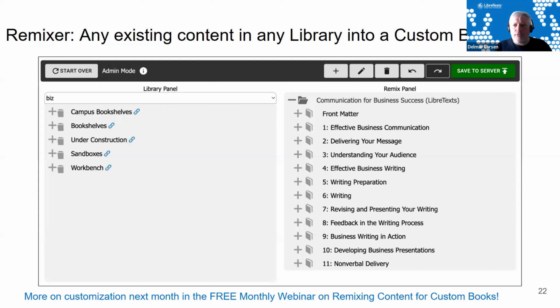The Remixer is a simplified tool that you can tap into on your Conductor page, where you're organizing your book, and you can click on it to make a simple drag and drop. You have the rest of the corpus out here, which has the 1.5 million pages. You have your book on the right-hand side, and then you just drag and drop chapters and pages to meet what you want, and you save and you're ready to go.